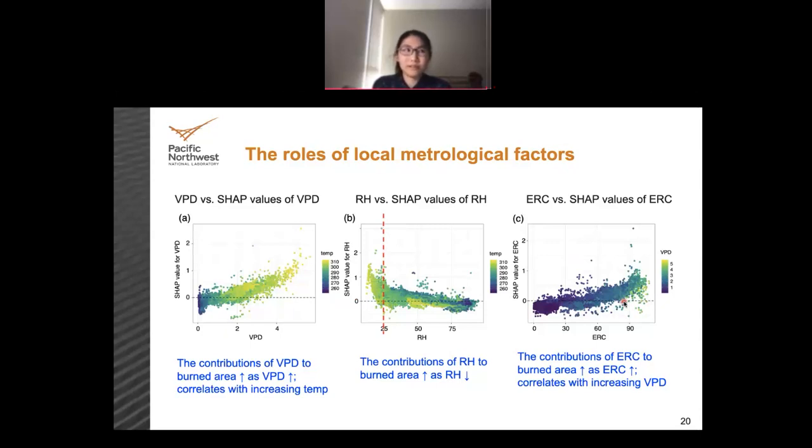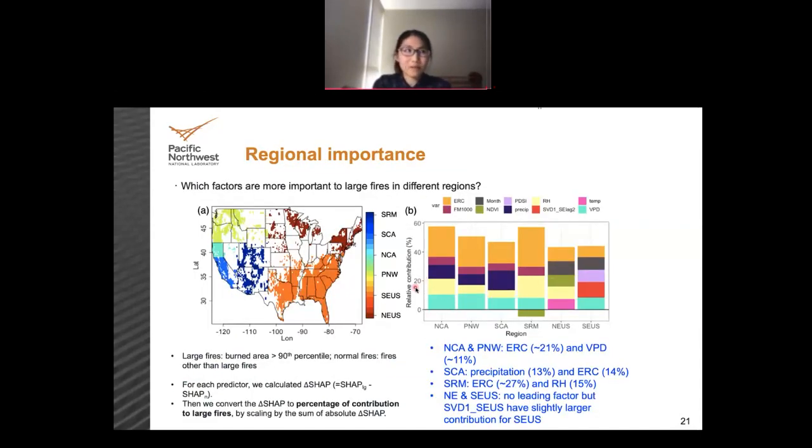So the machine learning model learns the correct physics. So it's not absolutely wrong. So we can make sure our model is learning the right thing. So after checking how the model works, then we can utilize the information of SHAP to identify the important